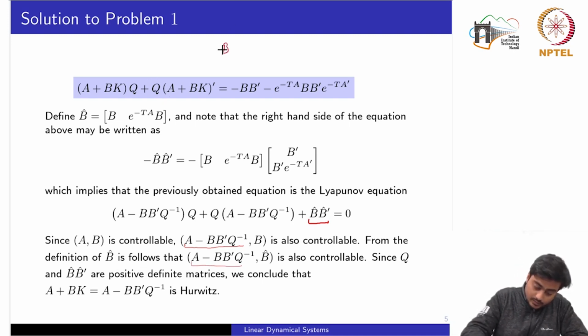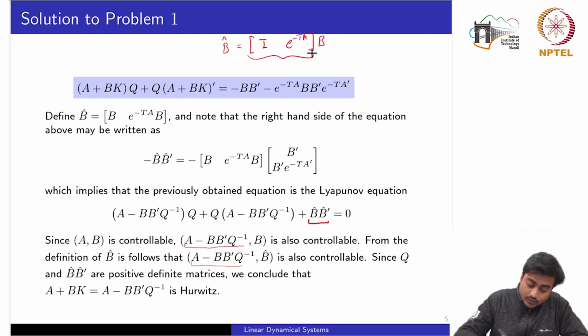I can express this B hat as I, e to the power minus tA times B. Okay, now this matrix would be a non-singular matrix, definitely. So pre-multiplying with a non-singular matrix would not change much of the properties of the B. The rank would remain the same. So meaning to say, this closed loop state matrix paired with another B matrix, which is B hat, would also